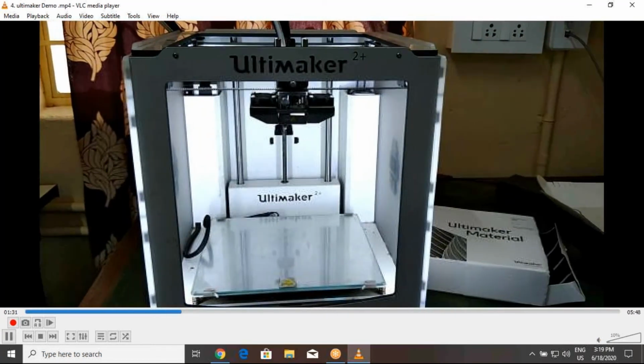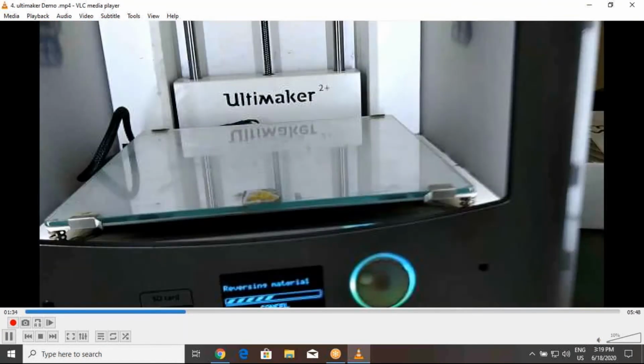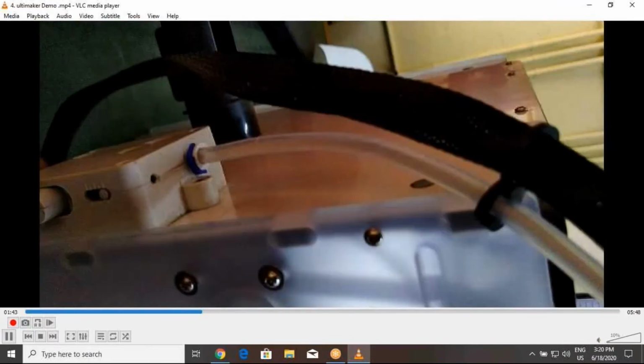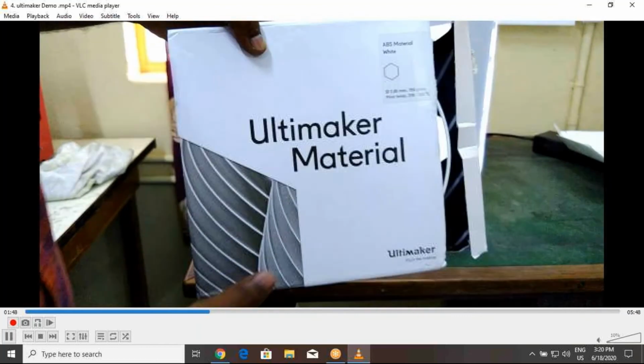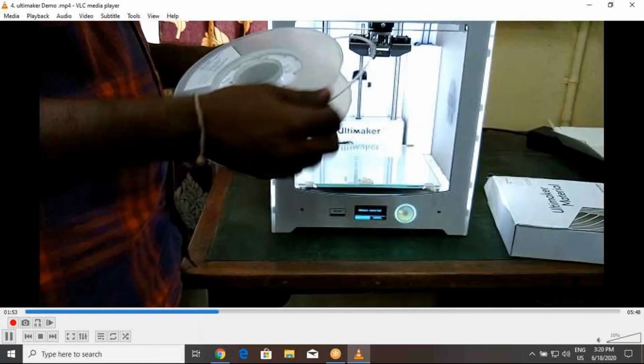For loading the material, see, it's reversing. So here we are moving to the back side of the altimeter machine. This is the spool holder, and the white color is indicating the feeder. The feeder has a white tube that is called the Bowden tube. On the spool holder, we can see this is the feeder where the black altimeter material we are feeding to our machine, in the back side. This is the spool form, this is the altimeter machine.